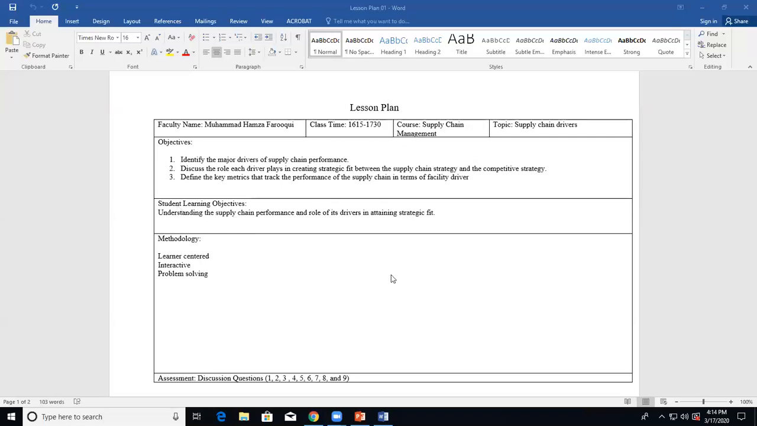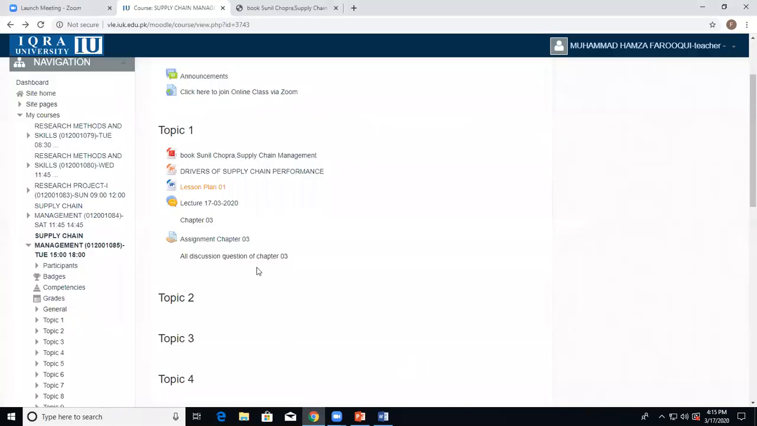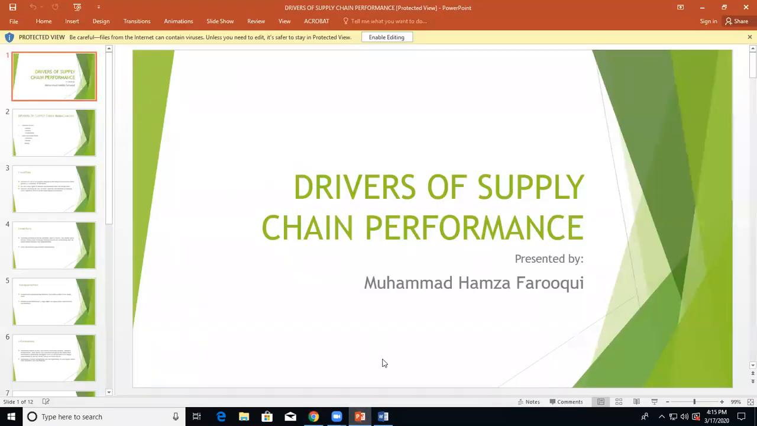Okay, understanding the supply chain performance and role of each driver in maintaining strategic fit, this will be your learning objective. Okay, assessment: I will be assessing you through the questions which are at the end of this chapter. I have already created the link on the VLE, if you can see over here, this is the link. On this link you have to submit all your discussion questions, okay, that's how you have to go about it. So let's start with the